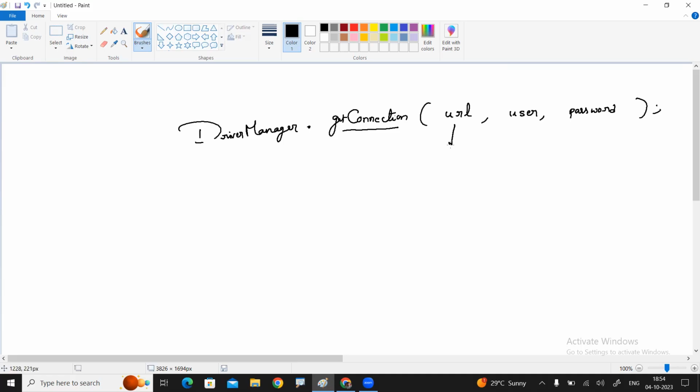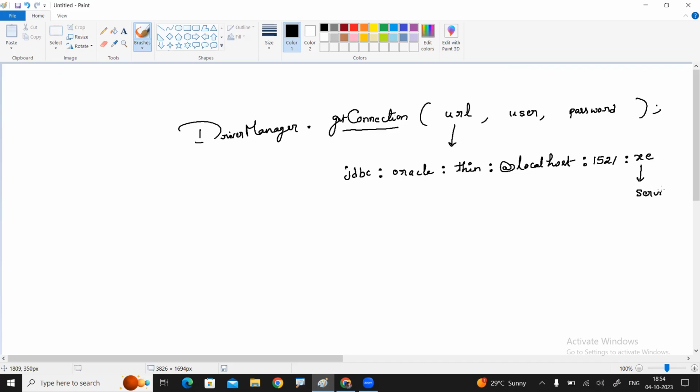So what is the URL? See, the JDBC application is communicating with, suppose, the Oracle database using the driver called the thin driver, and we installed Oracle in the localhost system only, and the application is running at port number 1521, and we are using Express Edition.